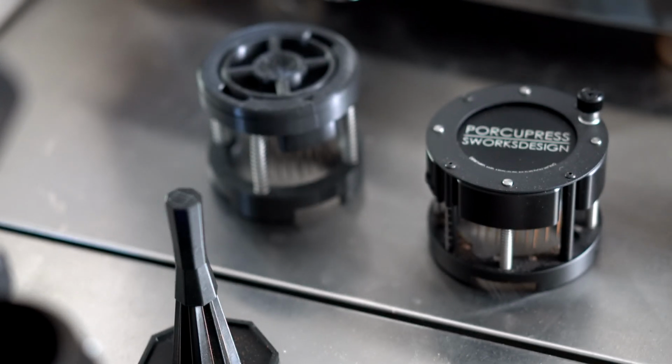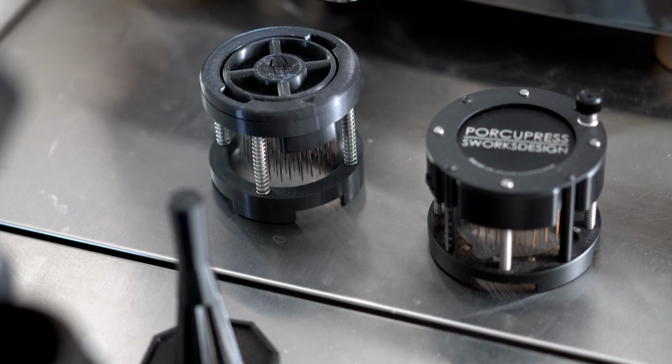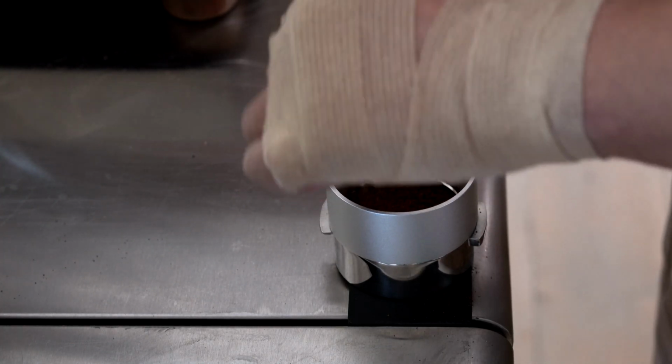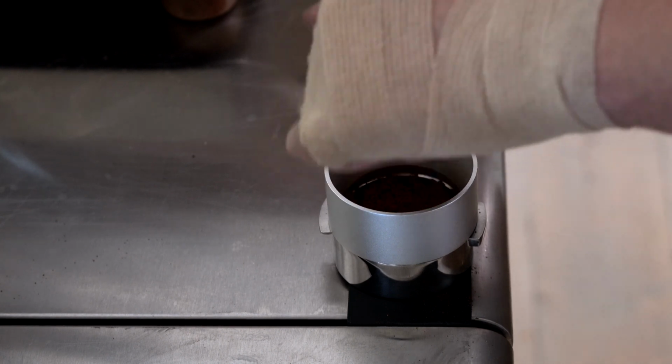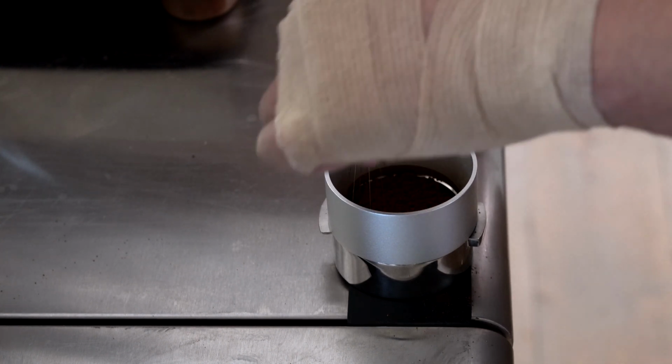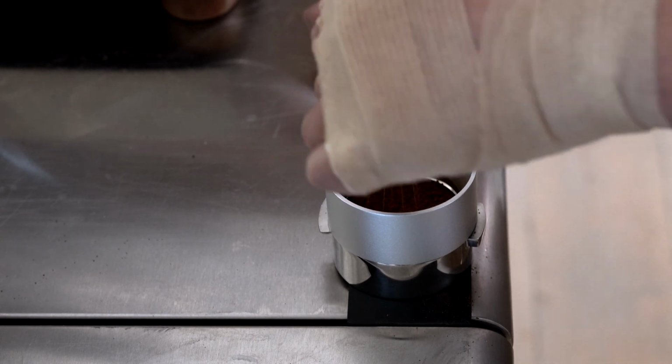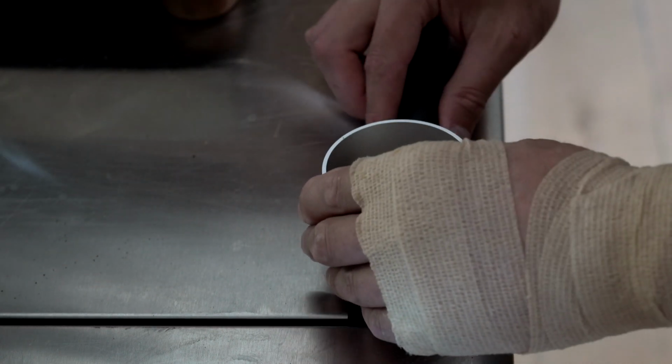Extensive puck prep is playing a bigger role in modern espresso than ever before, and there are some tools that we understand very little about in the marketplace. I wanted to get started talking about a couple devices with a similar function that I've been using lately, the PorcuPress and the Kaktus. Both of these devices work by punching many holes into the puck before tamping, but what